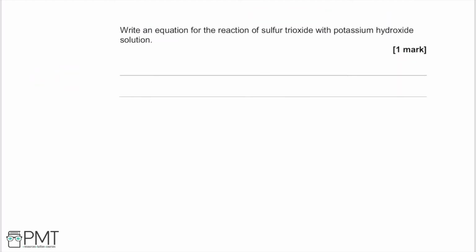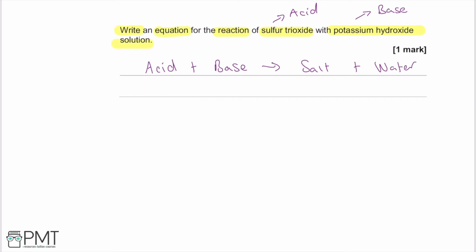For the next part, we are asked to write an equation for the reaction of sulfur trioxide with potassium hydroxide solution. So KOH is a base and SO3 is acidic as it is a non-metal oxide. And we know that when an acid and a base react, they produce a salt and water. The metal is always involved in the salt, so we are definitely going to have potassium in the name of the salt. And as we are reacting KOH with sulfur trioxide, we will form potassium sulfate, which has the chemical formula